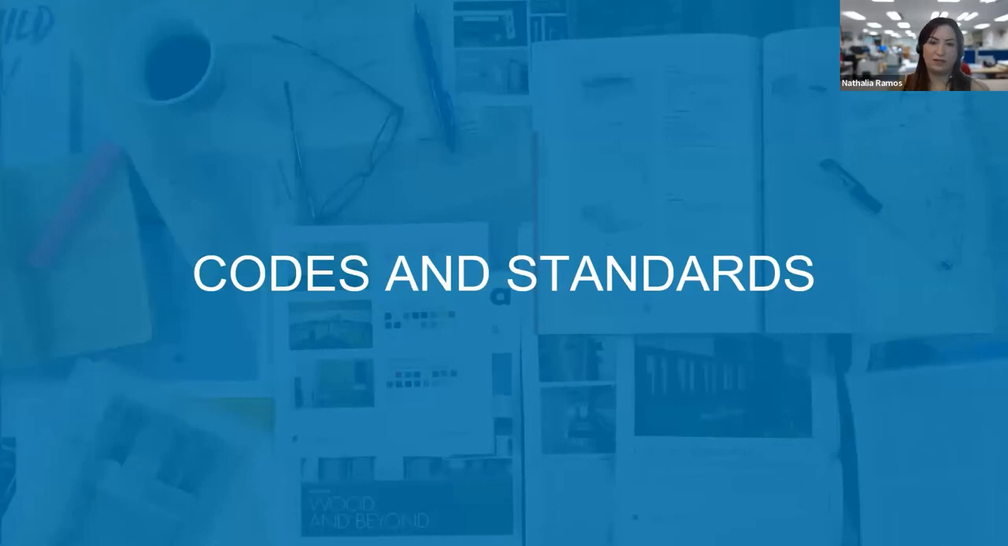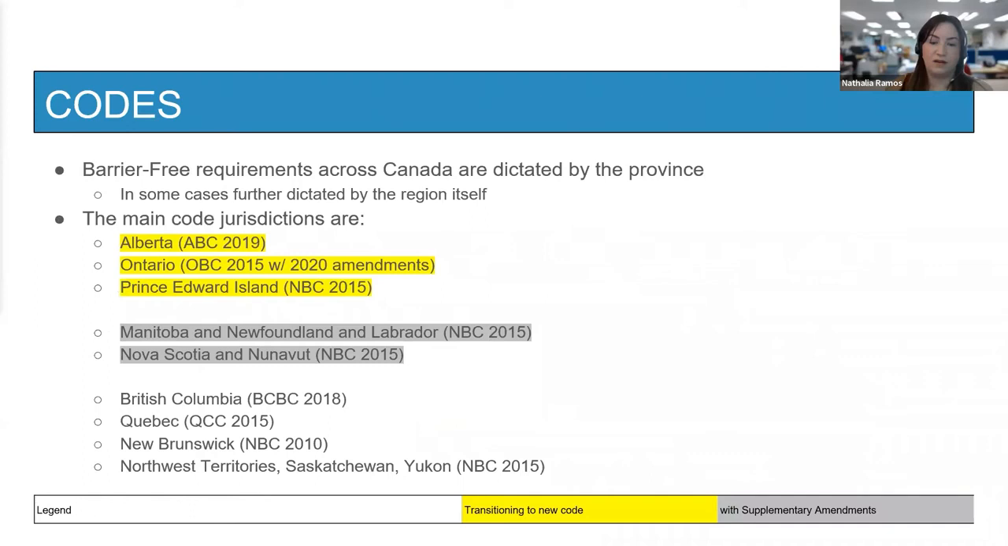So let's start with codes and standards. We all know that barrier-free requirements are dictated by province and in some cases by the region itself. As you can see here, we have the main code jurisdictions, which are Alberta, the ABC 2019, our OBC 2015